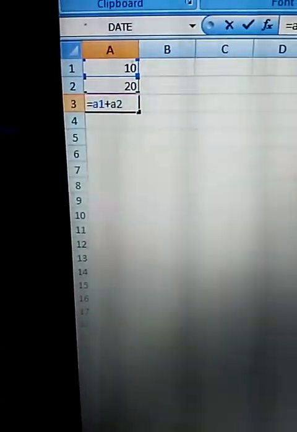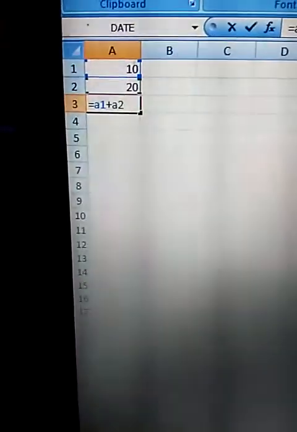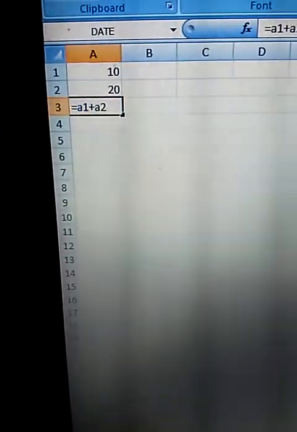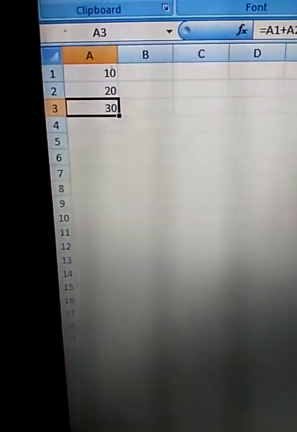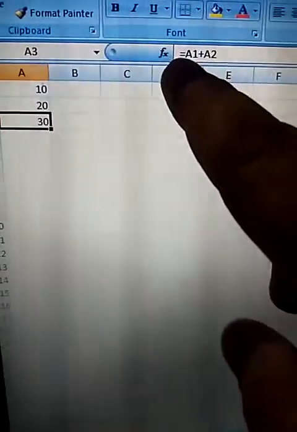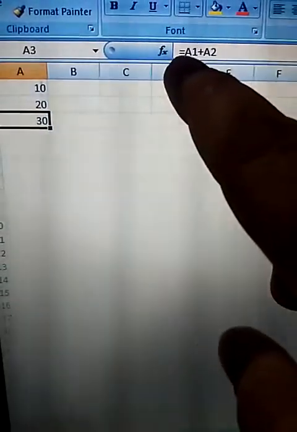Our formula always starts with the equal to sign. So I have written equal to A1 plus A2, and it is showing what? 30. Correct? But it shows 30 in the cell, while on the formula bar the formula appears, that is equal to A1 plus A2.